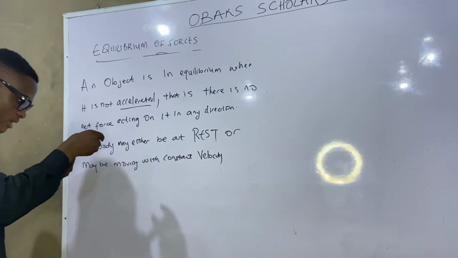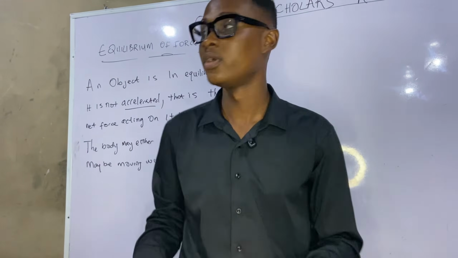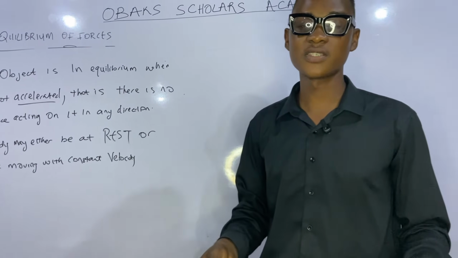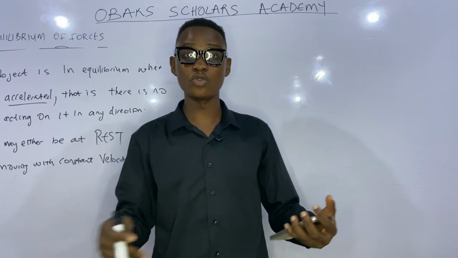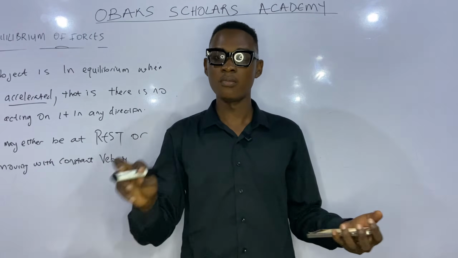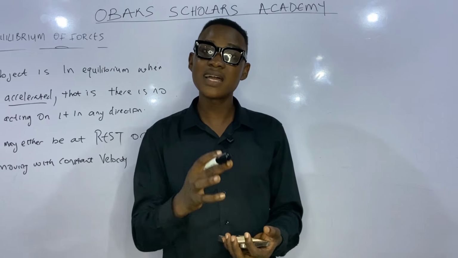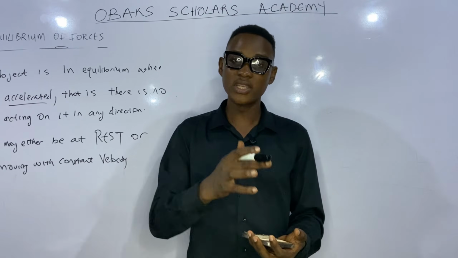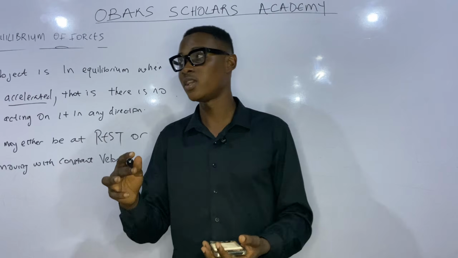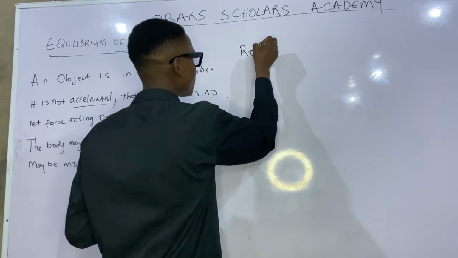So these are the conditions for a body to be in equilibrium. Either the body is at rest or is moving with constant velocity. And of course, there are some bodies that rotate. There are some bodies that don't really move from one point to another, but they rotate. So if a body is also rotating with a constant angular velocity, that body is also in equilibrium. So if the body is, let me write it here, rotating